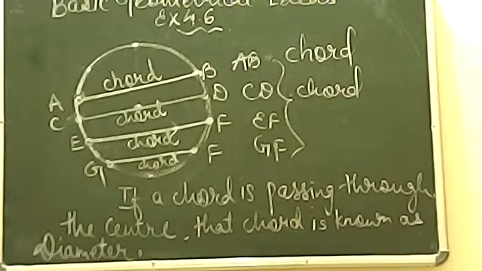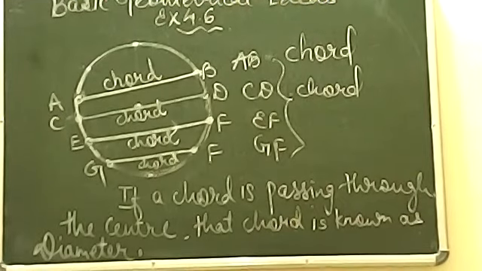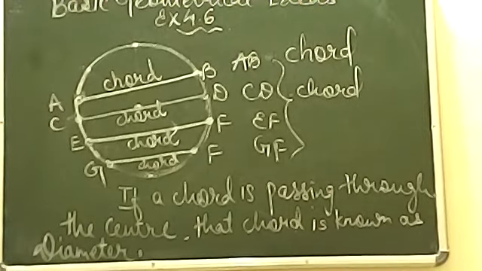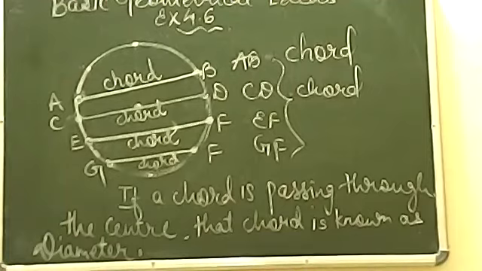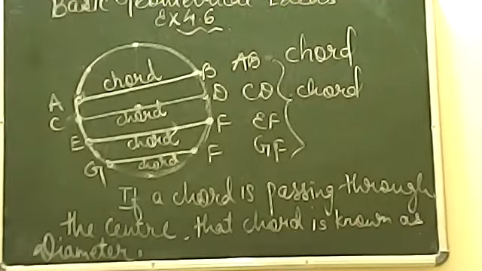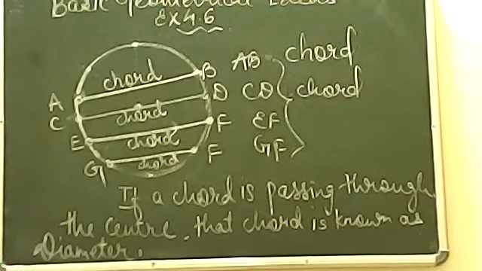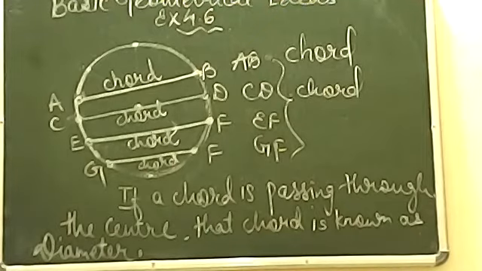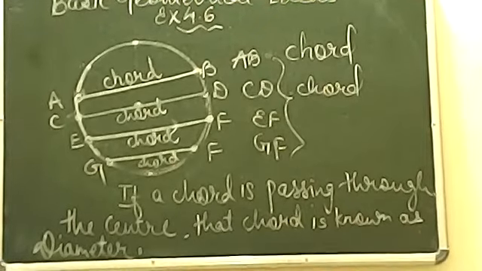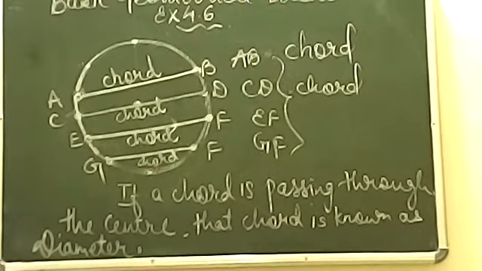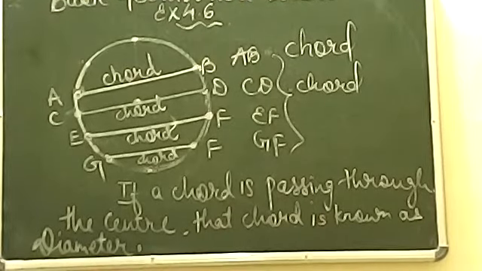Okay, फिर हम उस chord को क्या बोलते हैं बेटा, diameter कहते हैं. Remember, diameter होने के लिए सबसे important ये है कि वो center से pass होनी चाहिए. Keep in your mind, if you are talking about a diameter, it should surely pass through the center. It is the must condition. Okay, otherwise it will be called a normal chord. Otherwise हम उसको केवल chord बोलेंगे, और अगर वो center से pass हो रही है तो we will be calling it a diameter.